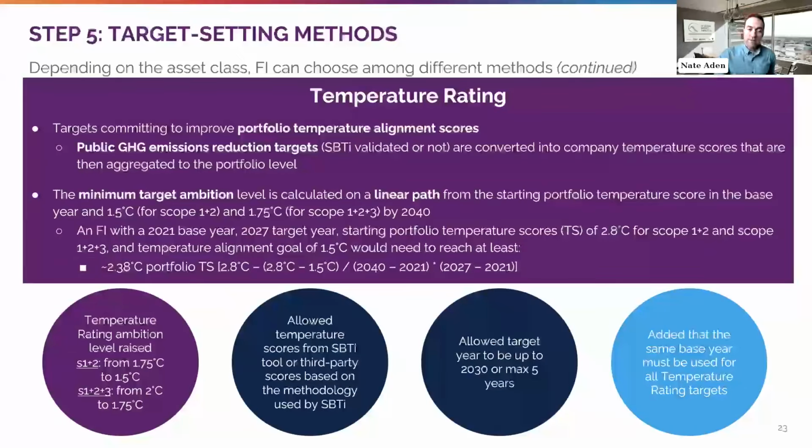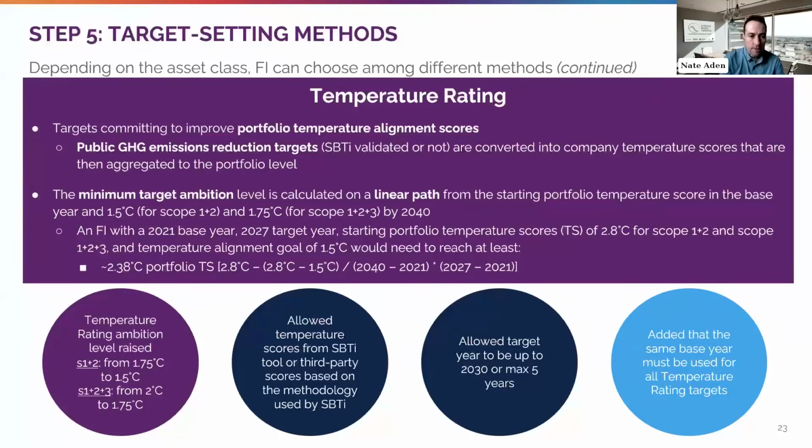Finally, for temperature rating, this is a new method that we introduced back in 2020 with a Python tool and a write-up of the method. And again, it's proven popular among some groups of financial institutions. And so we've kept that here, but we've raised the minimum ambition from well below 2 to 1.5 degrees for the scope 1 and 2 components of the target. And for the scope 1, 2, and 3 component to well below 2 from the previous 2-degree minimum threshold